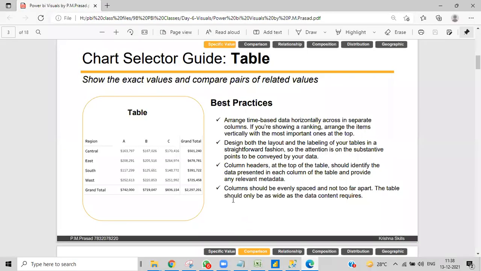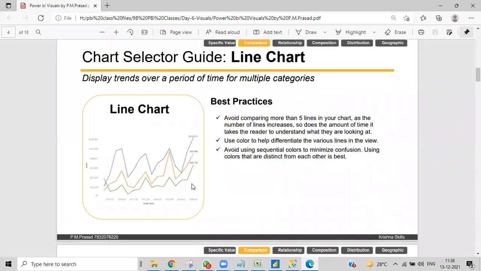Next, the second one is the line chart. It displays trends over a period of time for multiple categories. To display a trend, like from this year to that year, what is the trend? Like how people joined, or the number of joins, whatever it might be. To show that, obviously we will use this kind of chart. Maybe, for example,